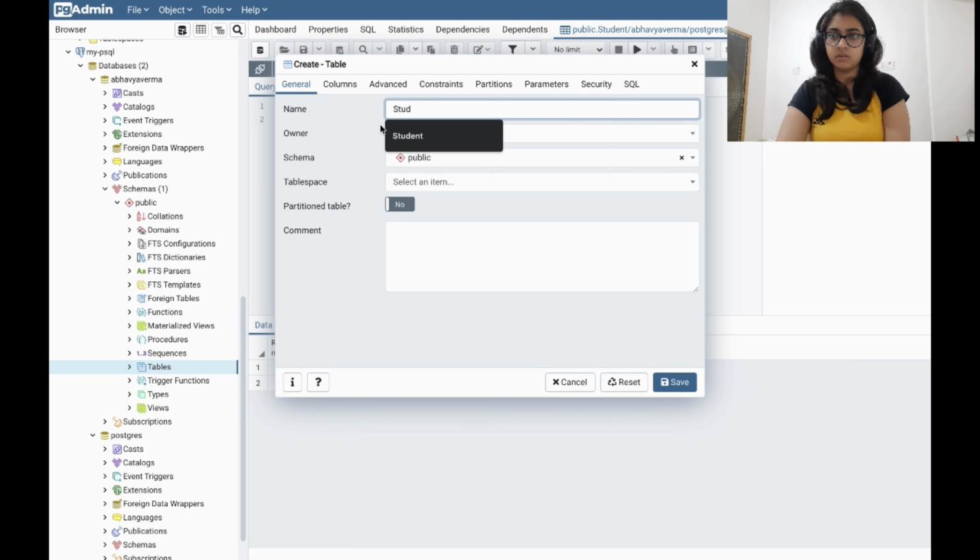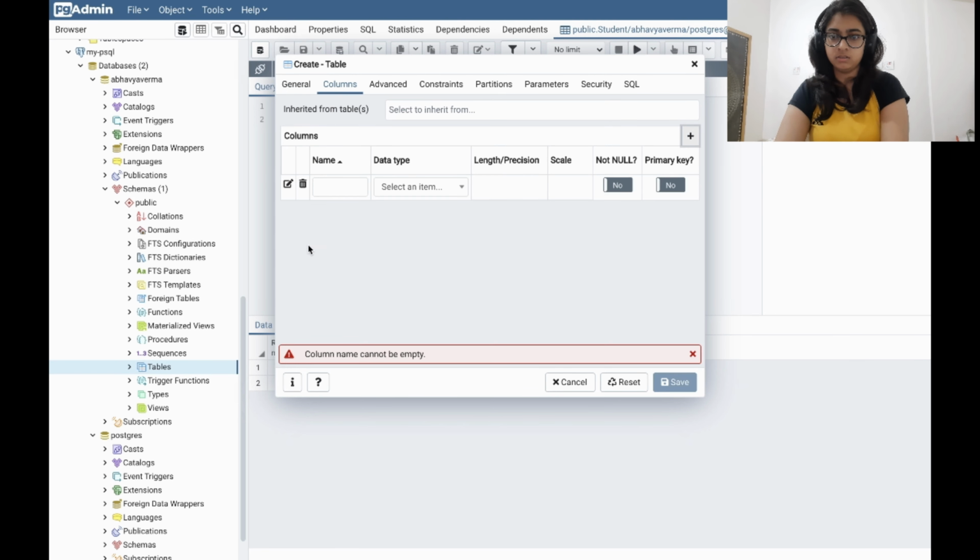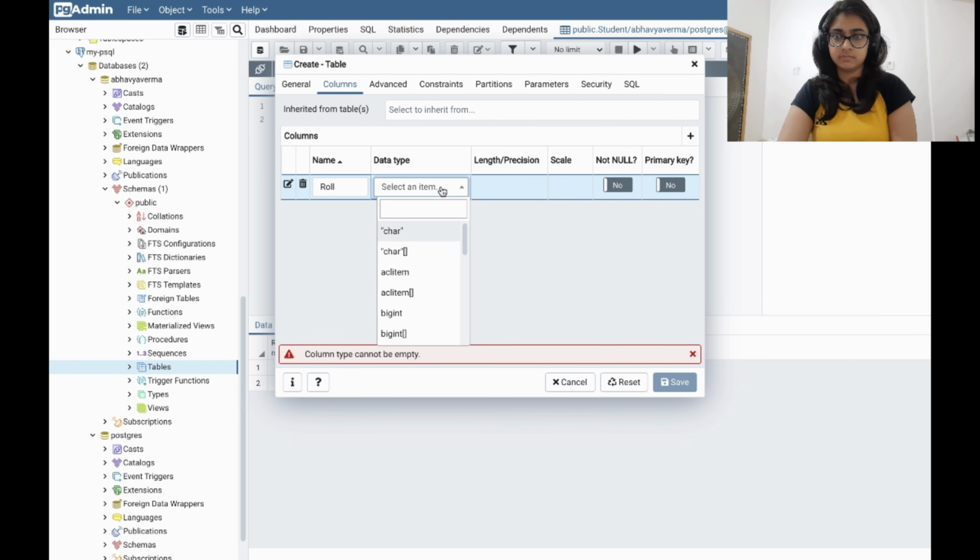And for the columns you want to give, click on plus and add roll number. For the numbers, whatever data type you want, you can give here. Okay, there is no issue.